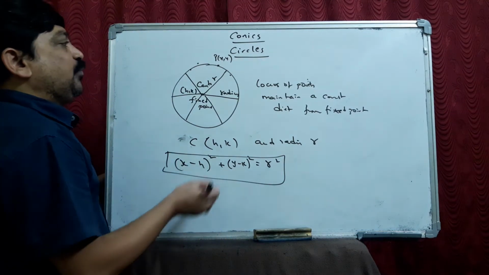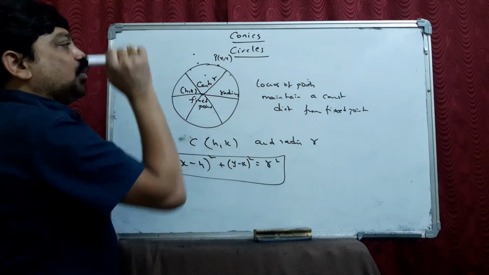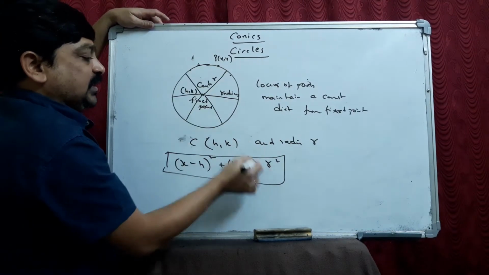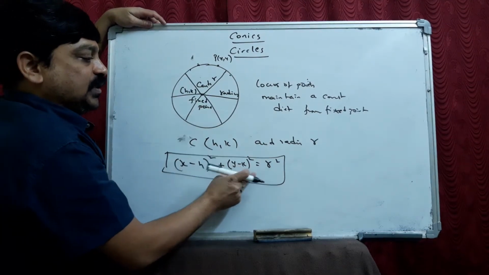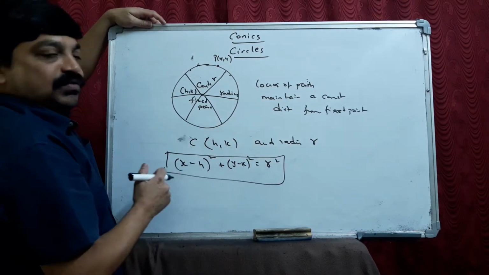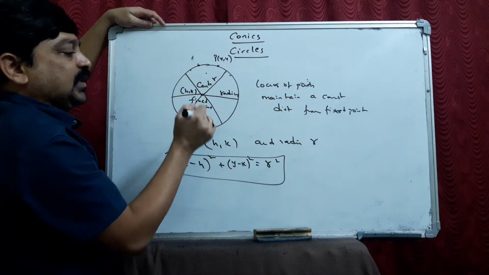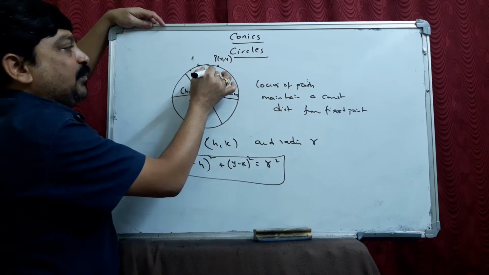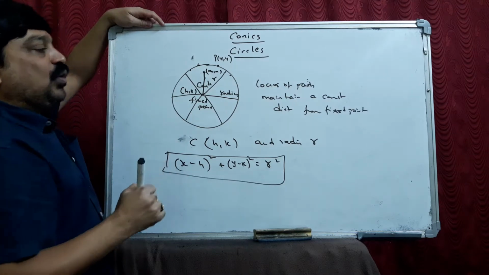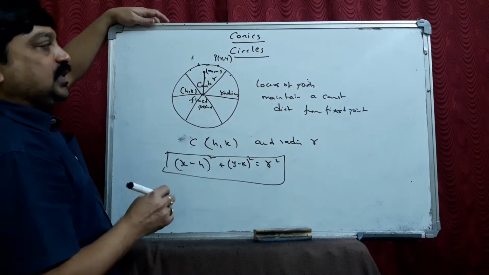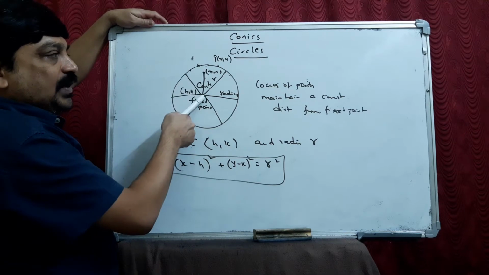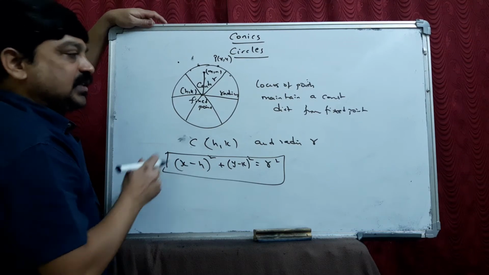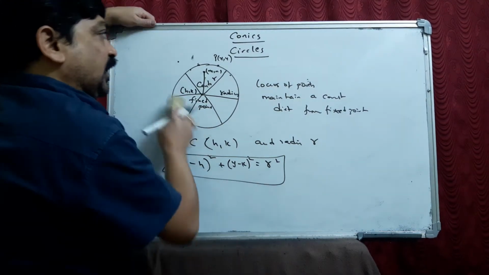Now, if you take any point inside the circle or outside the circle, what happens? If I take any point on the circle, this equation will be satisfied, that is, you get 0 equal to 0 when you bring r square here. Suppose I take any other point m comma n. If it is inside the circle, the distance should be less than the radius. If you take a point outside the circle, the distance should be greater than the radius. We have a problem on that also, I'll tell you that. Okay.